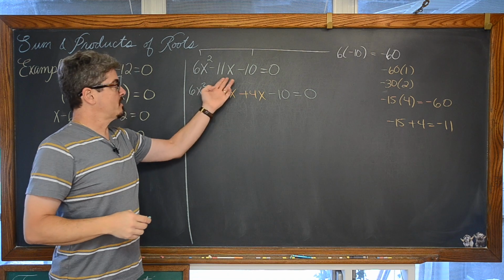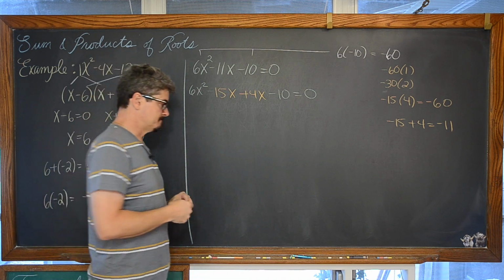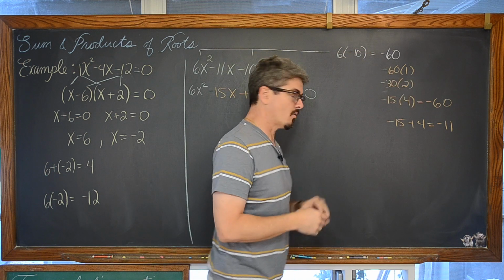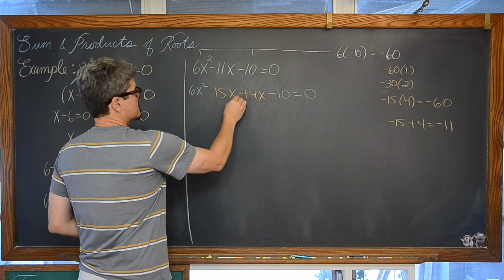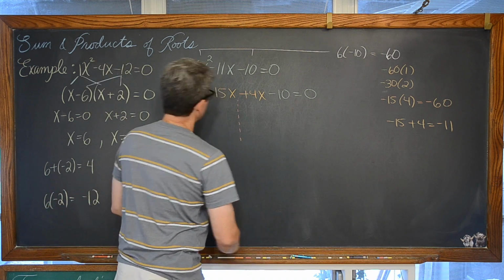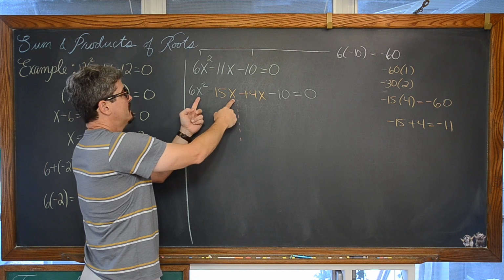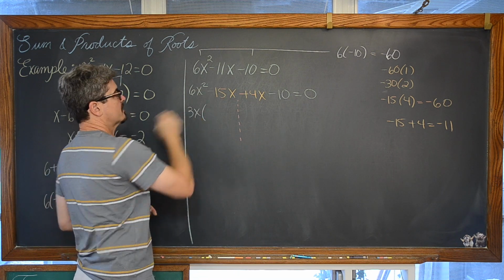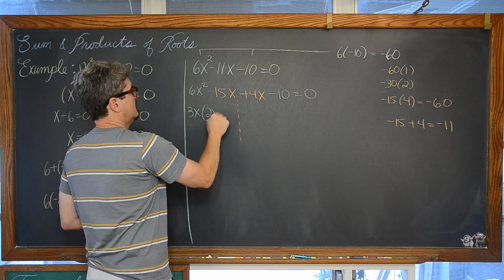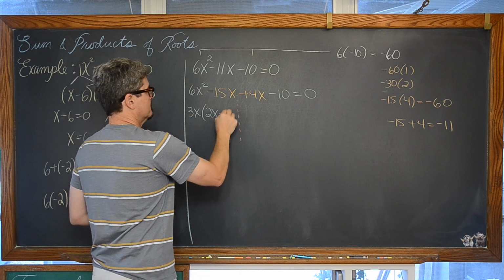And now that we have our trinomial written as a 4-term polynomial, we can factor by grouping, as long as this process over here in orange has worked out and we've done it properly. So we're going to look at the first 2 terms separately and realize that we can take out a factor of 3 and x. So we're going to have a 3x. 6x squared divided by 3x is equal to 2x. We have 15x divided by 3, which is going to give us negative 5.